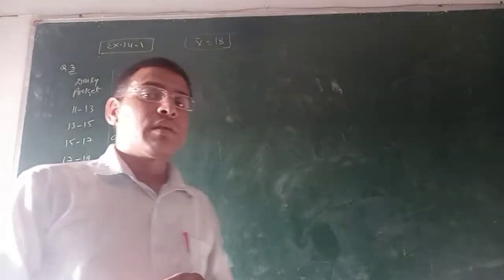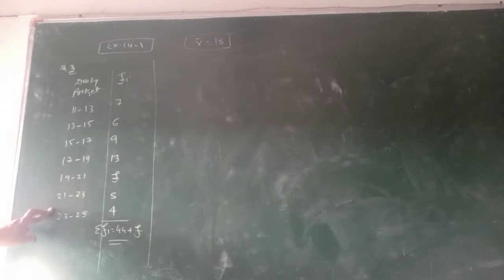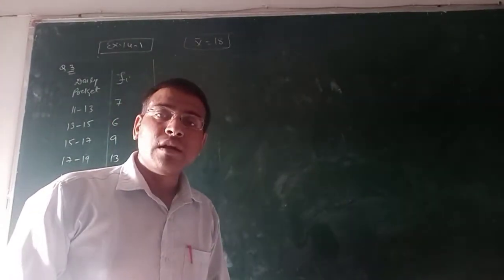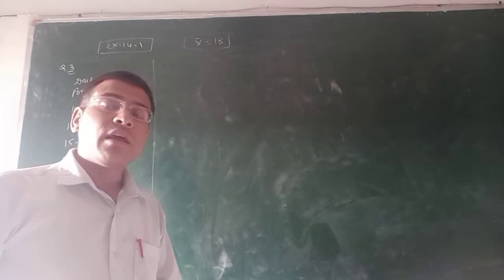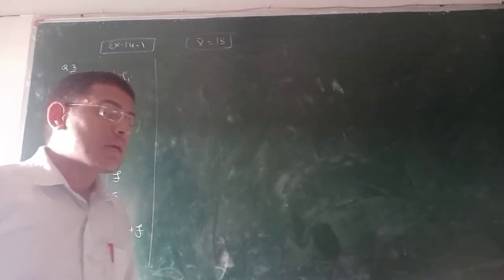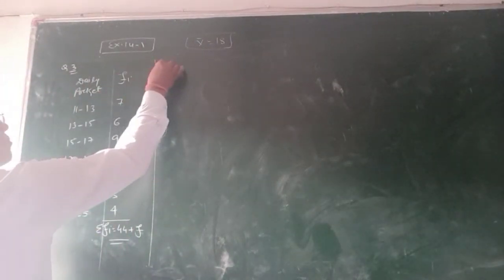In the deviation method, what is given? You are given all equal classes, equal distance between all the expenses. So here we apply the third method, the deviation method. For finding the deviation method, we must know how to calculate ui. But before calculating ui, we must find the mid value.